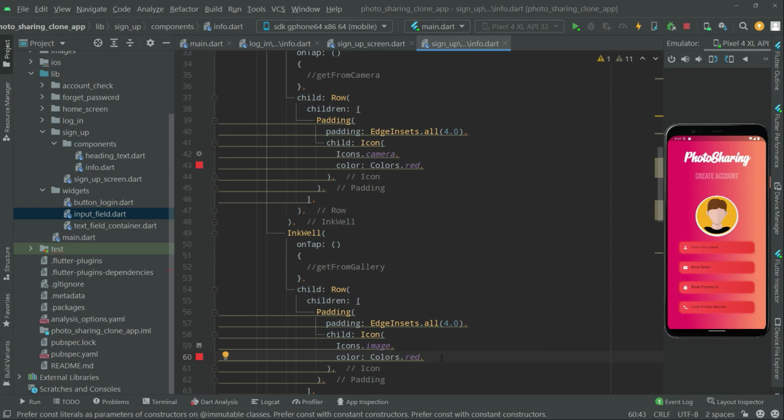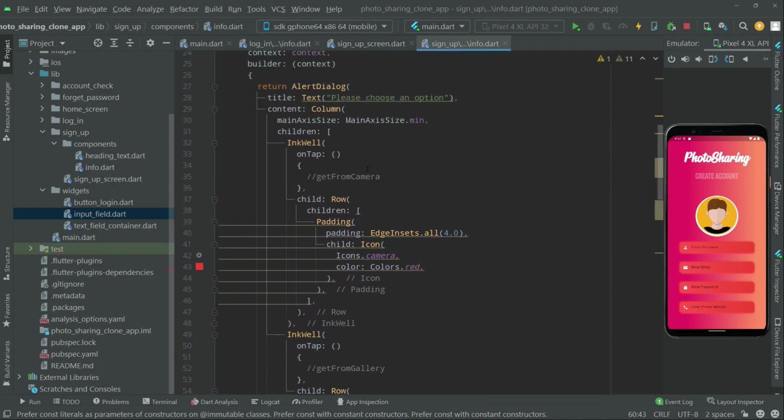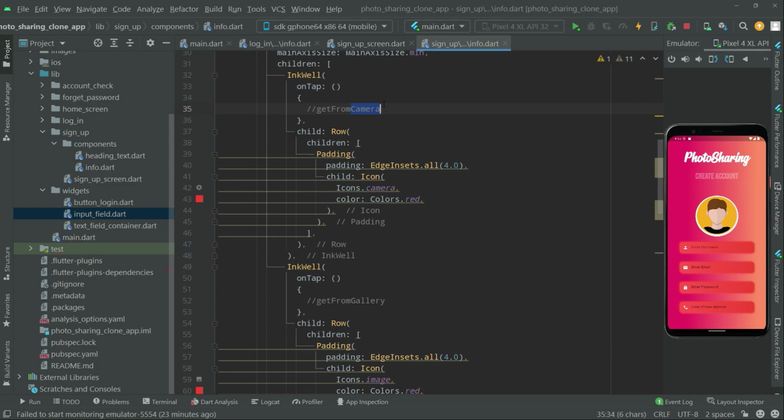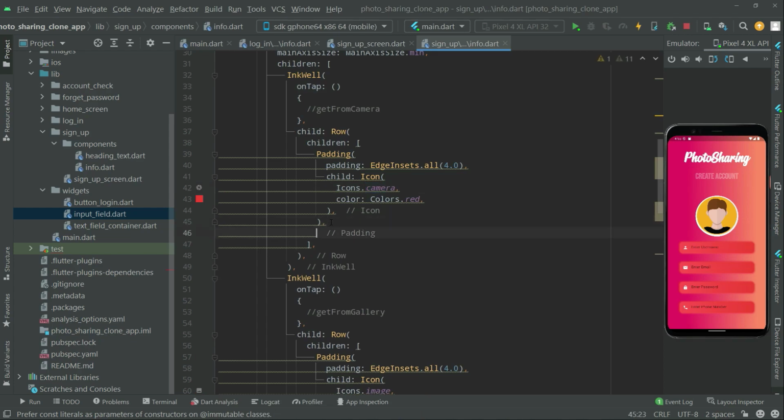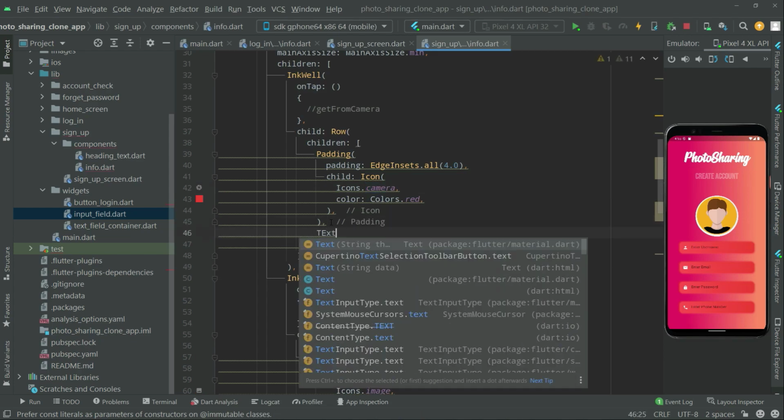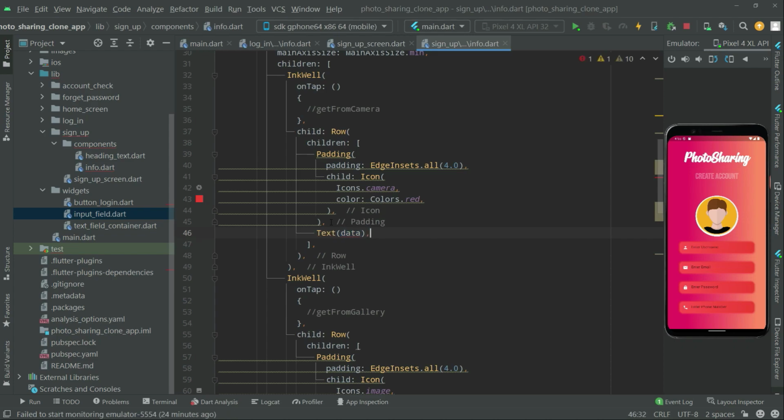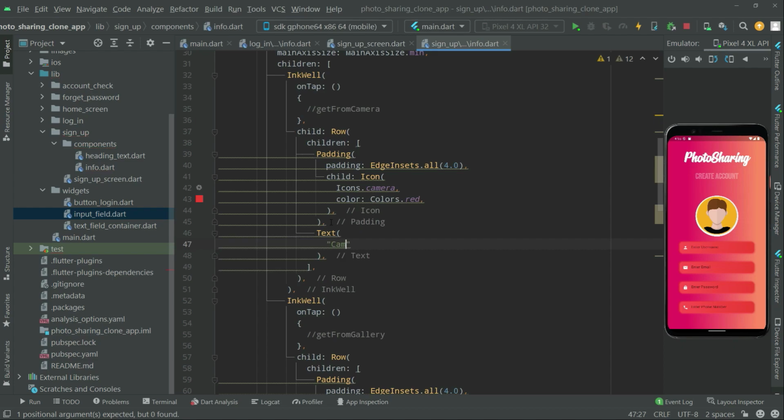Okay, so now in here, the last thing we will do is simply show some text for the camera. Whenever the user taps on this circle avatar, there will be a text for camera and gallery. So for that, right after this padding, first for camera, as you guys can see in here, we will say Text, and there we will simply say camera,